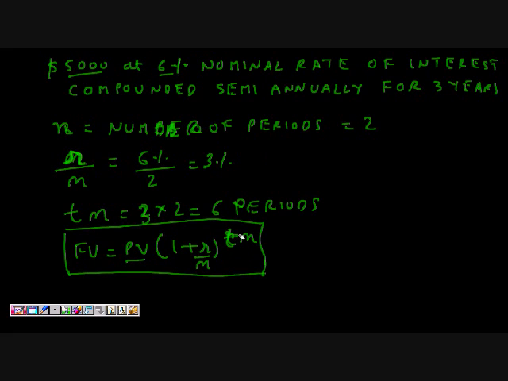So future value is equal to 5,000 times (1 + 0.06/2) raised to 3 times 2, because we have 3 years and each year has 2 periods. We are calculating the interest twice. So this is equal to 5,000 times 1.03 raised to 6. This is equal to